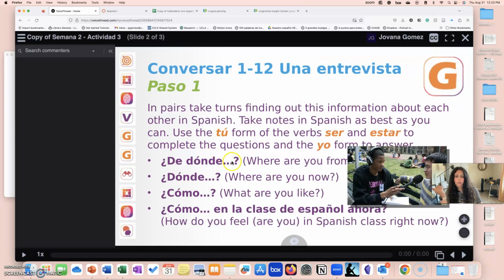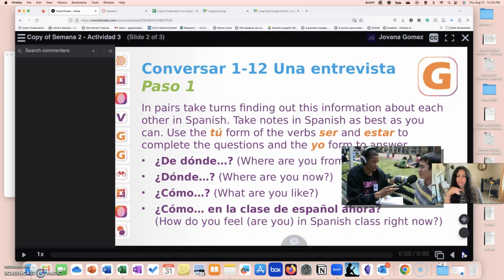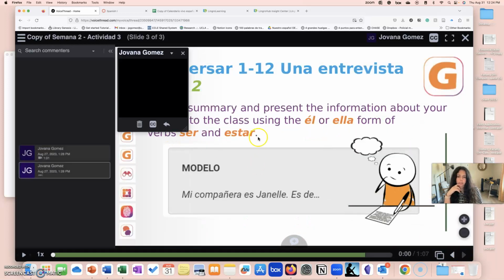So you will say like, ¿de dónde eres? Yo soy de Estados Unidos. Where are you now? ¿Dónde estás ahora? Yo estoy en Nuevo México. ¿Cómo eres? Yo soy atlético y bonito. ¿Cómo te sientes en la clase de español ahora? Me siento estresado, por ejemplo. Okay, and then again,